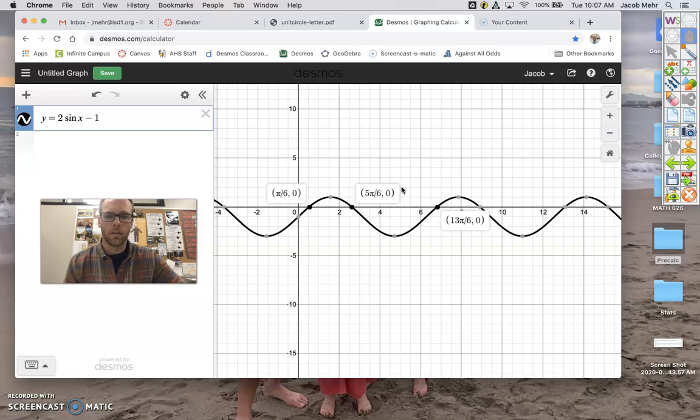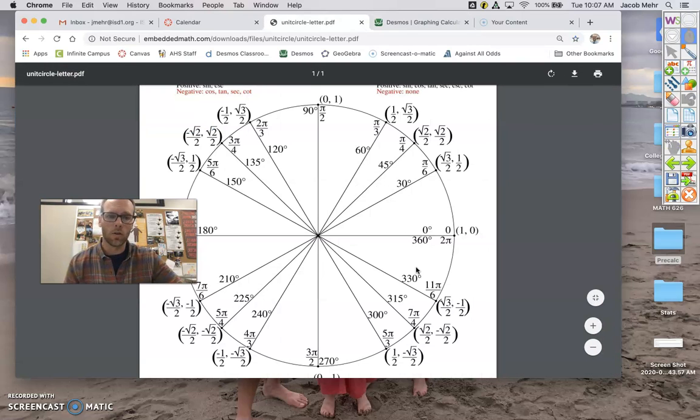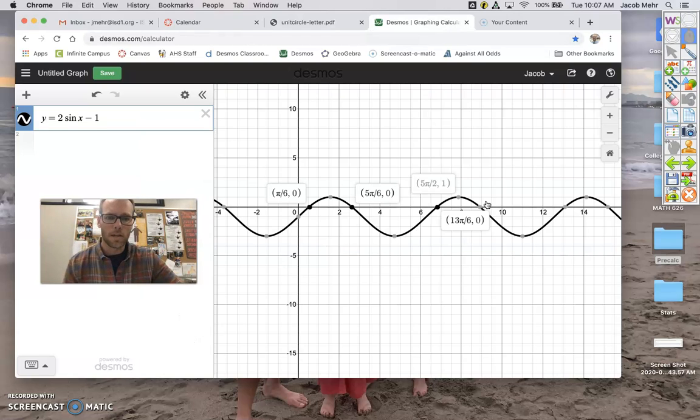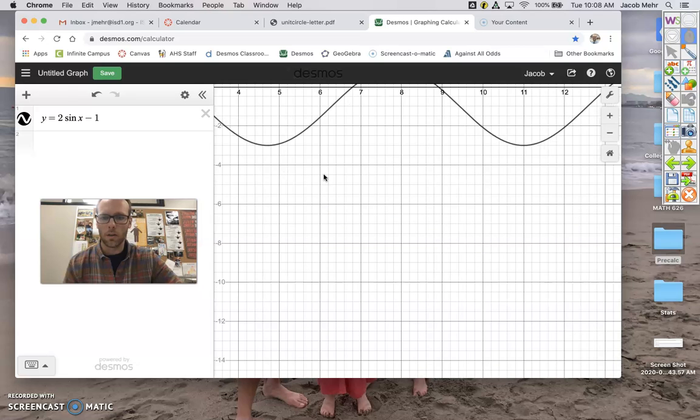Now, how do we get that from either of these two answers? Well, we should notice that pi over 6 plus 2 pi would get us to 13 pi over 6. The distance between there and there is 2 pi. If we go back to the unit circle, we hit it at pi over 6. Where's the next time we're in the same spot? Pi over 6 plus another 2 pi. So we're just giving the coterminal angles. Same with this one: 17 pi over 6 is 5 pi over 6 plus 2 pi. So what we end up doing,